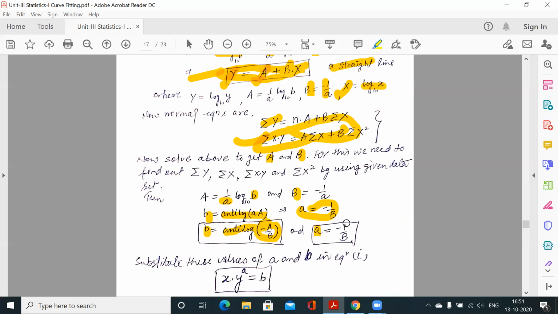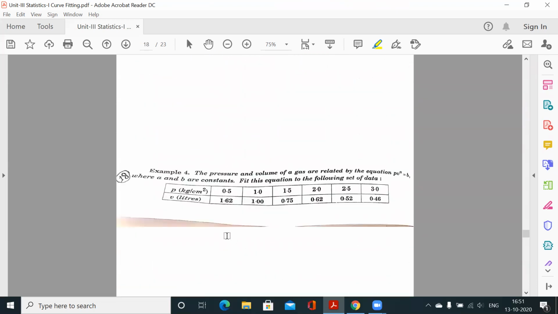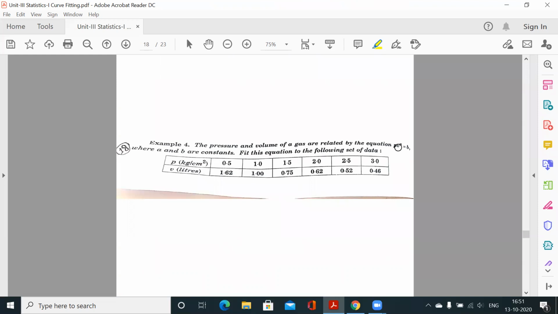सो इस तरह से आपको ए कैसे मिलेगा, -1/b। यहाँ से आपको क्या मिलेंगे, कैपिटल ए एंड कैपिटल बी। कैपिटल बी को यहाँ रखोगे तो आपको स्मॉल ए मिल जाएगा, और एंटी लॉग ऑफ -a/b यहाँ पर सब्स्टिट्यूट करोगे कैपिटल ए कैपिटल बी, तो हमें क्या मिल जाएगा, स्मॉल बी। वापस यहाँ रख देंगे, ये हमें आंसर मिल जाएगा। इसका भी एक क्वेश्चन किया गया है, तो आप कर सकते हैं, ट्राई करना, नहीं आए तो पूछ लेना।